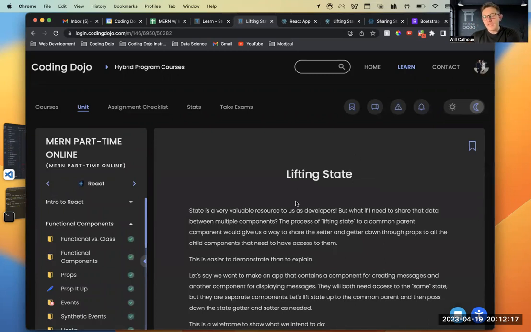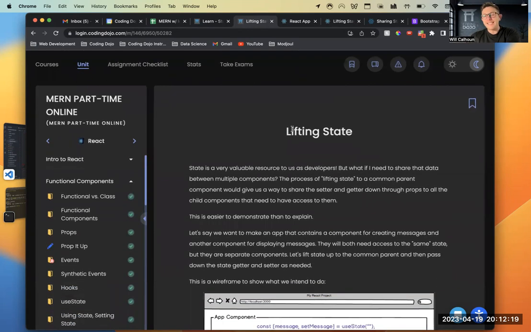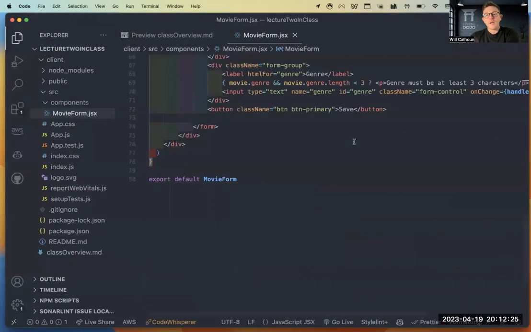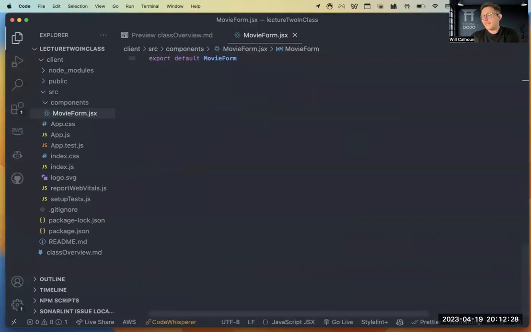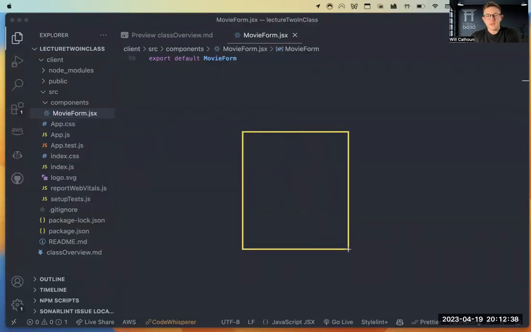With that being said, I want to introduce this idea of lifting state. In order for us to really understand it, what you need to know is that state only flows in a specific way. Right now, in this current situation, we have some pieces of state in our movie form JSX.